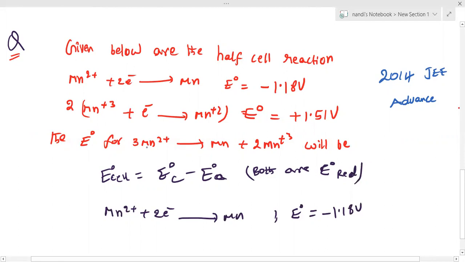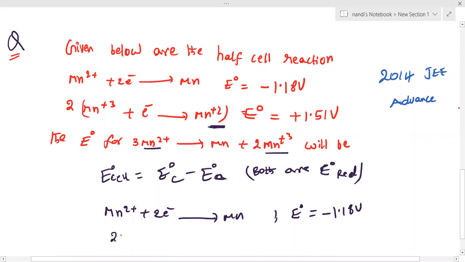Here Mn2+ is converted into Mn3+, this is oxidation, and Mn2+ is converted into Mn. Clear? This reaction we call a disproportionation reaction. So I need to take Mn2+ to Mn3+ oxidation. So this reaction is going to be reversed, because plus 2 to plus 3 means at the anode oxidation occurs.